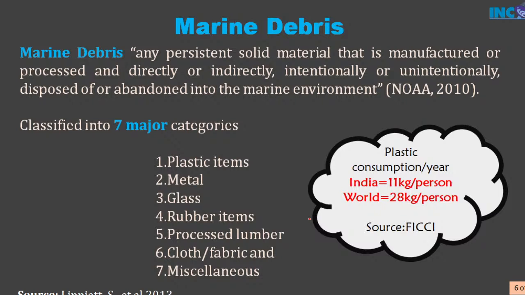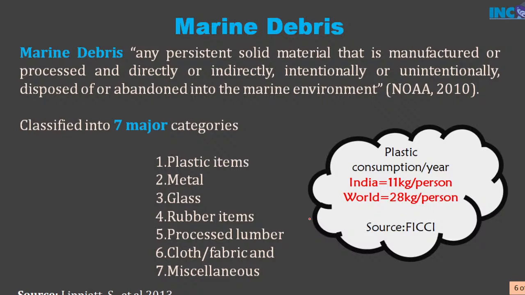Nowadays, marine debris is the biggest environmental concern to the aquatic ecosystem as well as the terrestrial ecosystem. Once these marine debris come from the landward side to the seaward side, we cannot control them through our normal process. We have to take serious concern about controlling marine debris